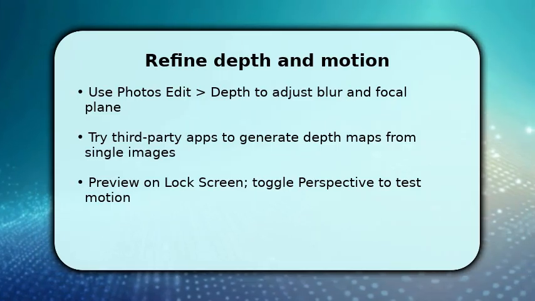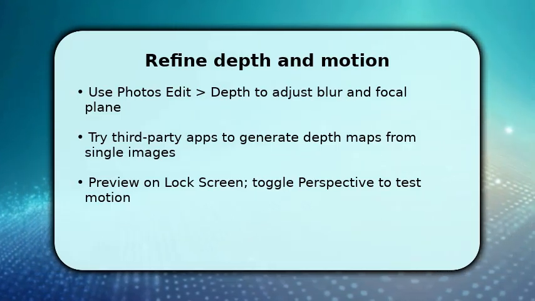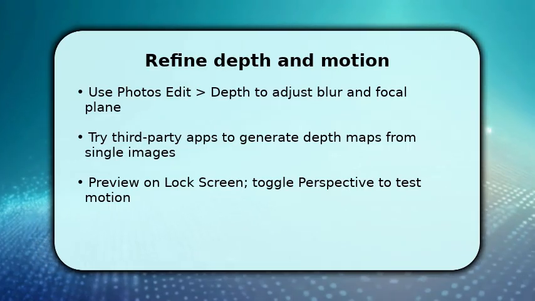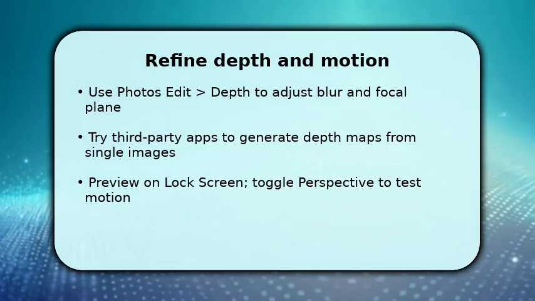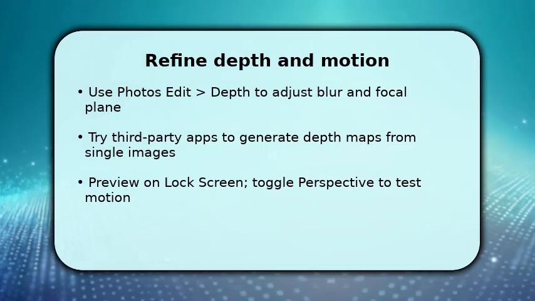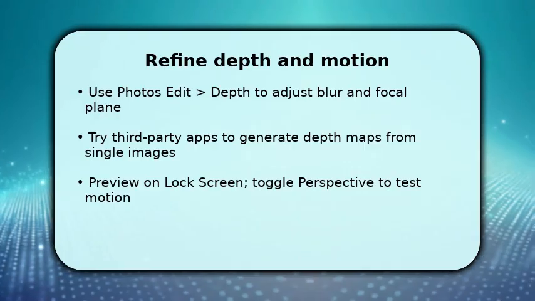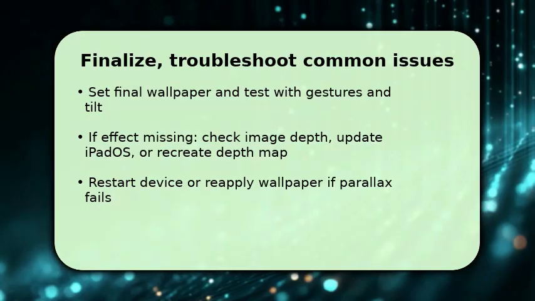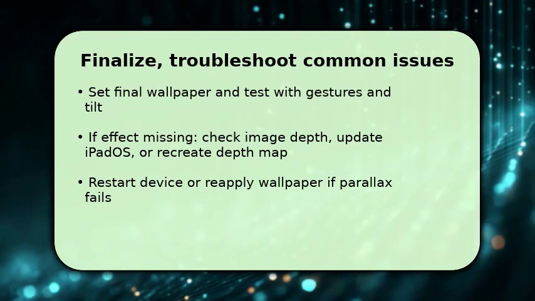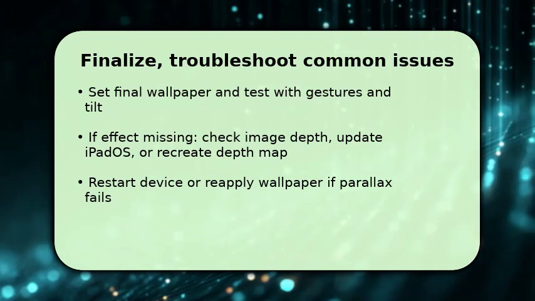If your photo lacks real depth, use a third-party app to create a depth map and import it as a layered PNG or live photo. Make sure exported files keep alpha/depth channels, because iPad OS reads that data to produce convincing parallax. Finish by setting the edited photo as your wallpaper and test with swipe and tilt motions to confirm the 3D